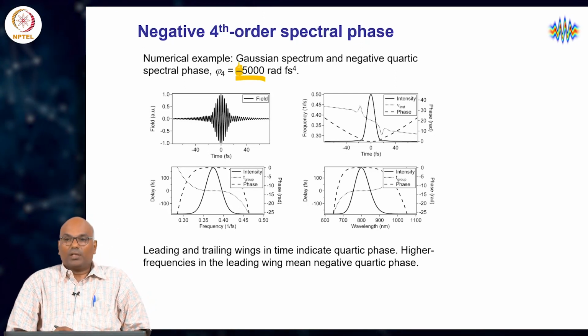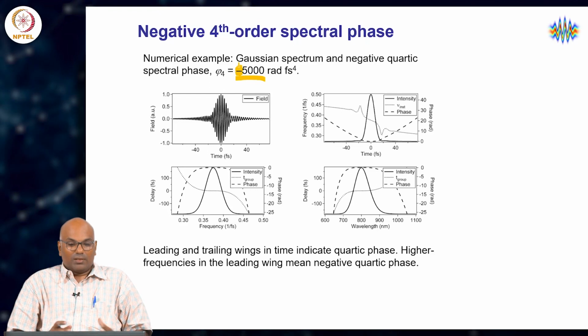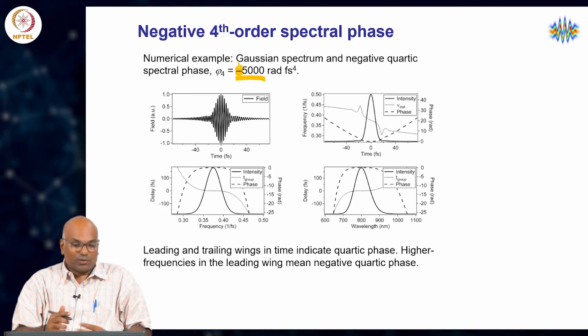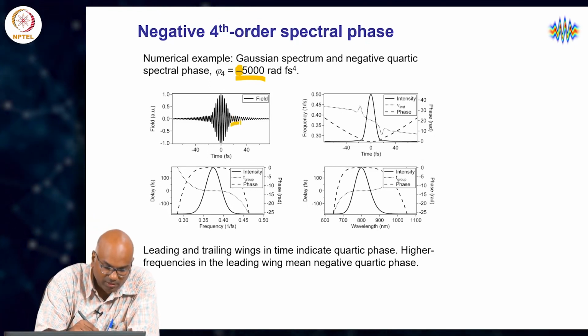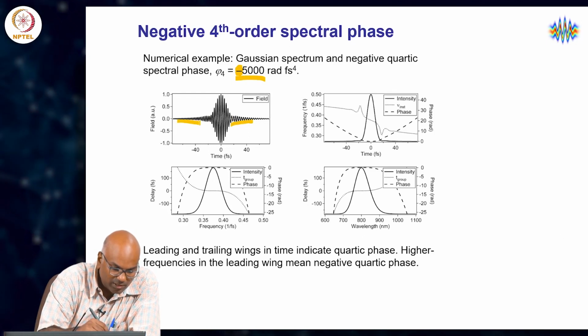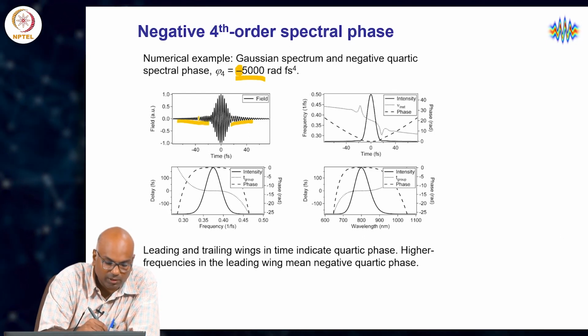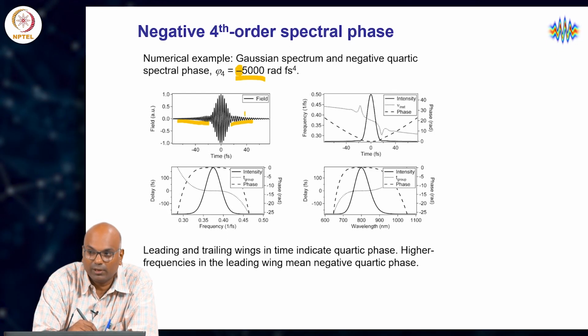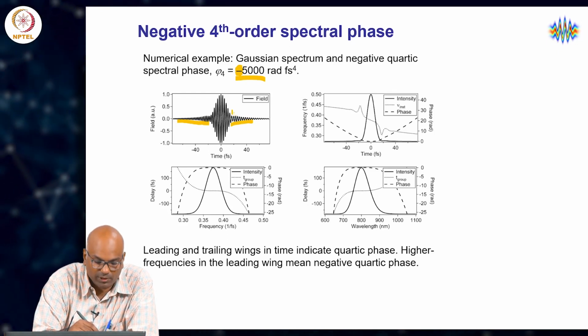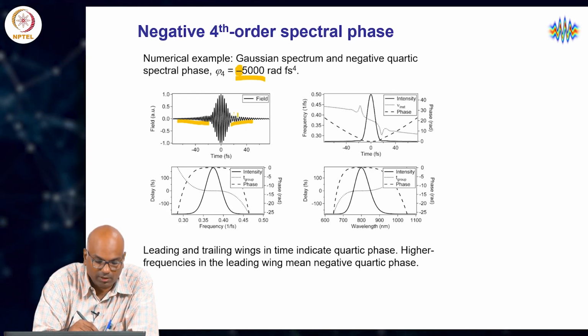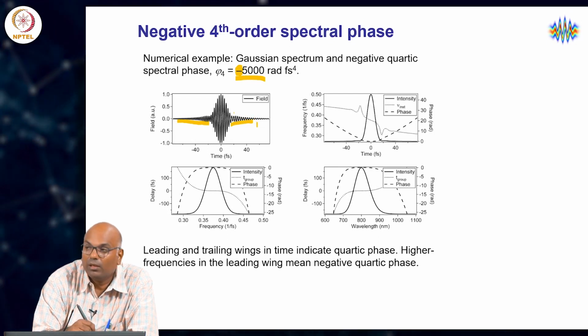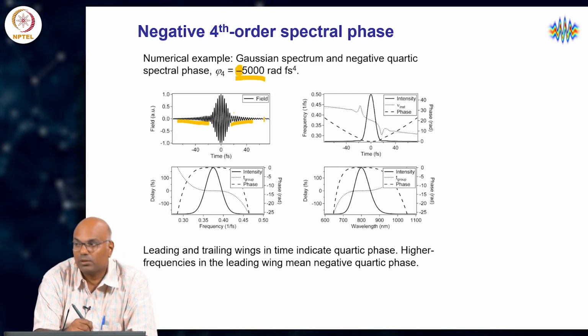In the case of the negative value, this effect is quite symmetric. On either side we have the wings, but you see the higher frequencies are on the leading edge, and the lower instantaneous frequencies are on the lagging wing of the pulse,